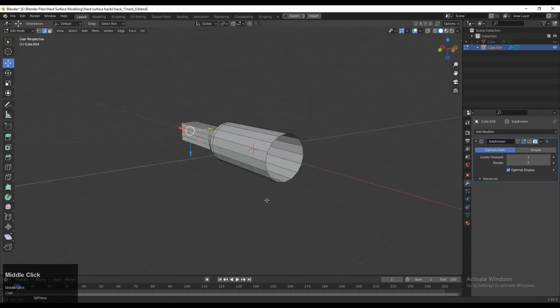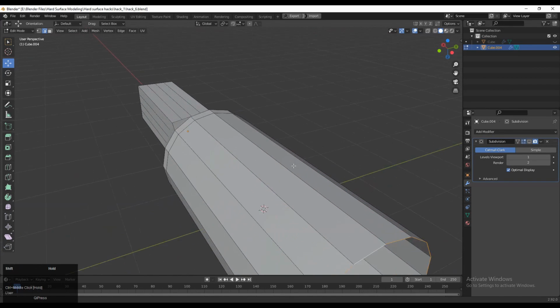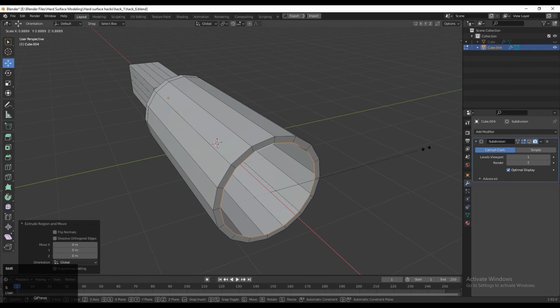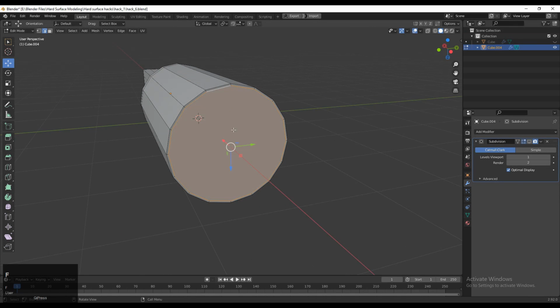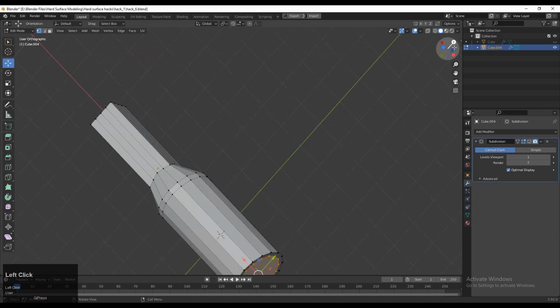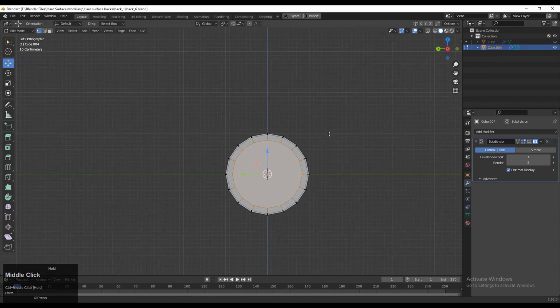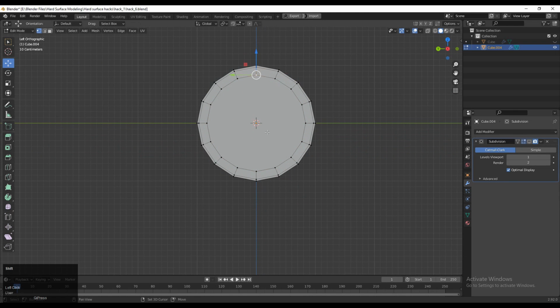And then you can select this edge loop and press F to fill the gap, and now we need to fill this gap. So just press E to extrude it and adjust the scale and then press F to fill the gap, and select this face loop and then press I for the insert operation. And now you need to select the vertices and then right click and then connect vertex path and create a quad based topology.